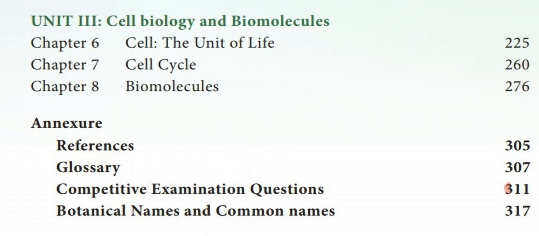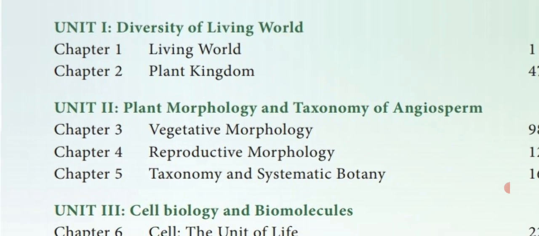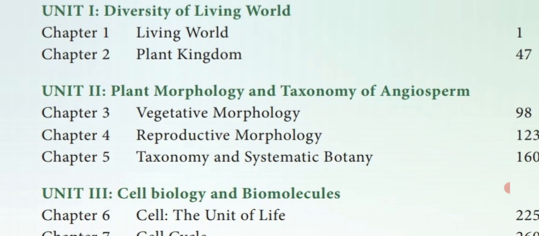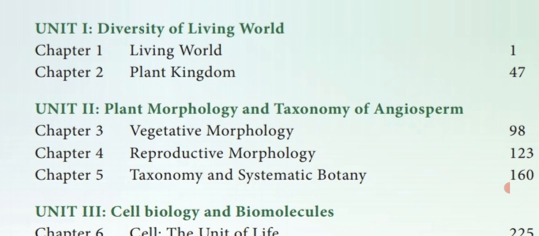and function. So these are all the 3 units which are present in volume 1. But dear students, nowadays in the shop you are having only one volume, that is all together. Both the volumes are combined together into only one book. In the second volume also we are having 2 units. One is plant anatomy, another one is plant physiology. So altogether we are having 5 units. So this is the first unit, diversity of living world.